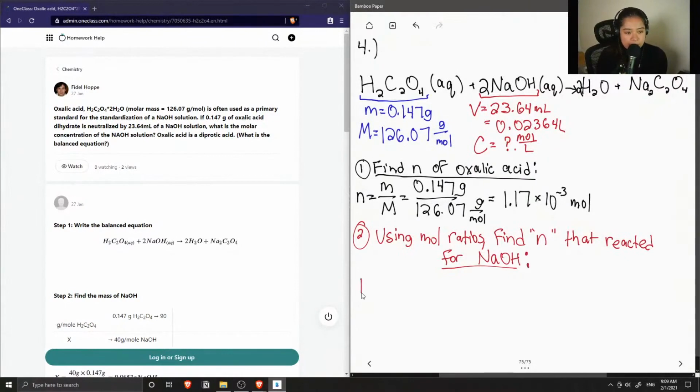Okay, so we know that 1.17 times 10 to the negative 3 moles of oxalic acid reacted